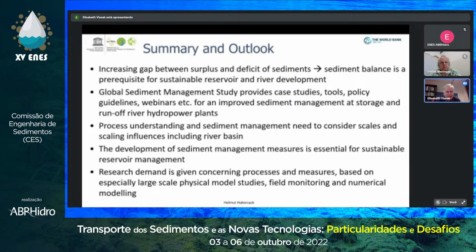The only thing with numerical modeling is that it can only be as good as the data you put into the model, and especially the mathematical descriptions, the formulas you use. If the formulas don't fit, then of course the numerical model doesn't give you a good answer. So this would also be an outlook, in the sense that we have to do more in this.